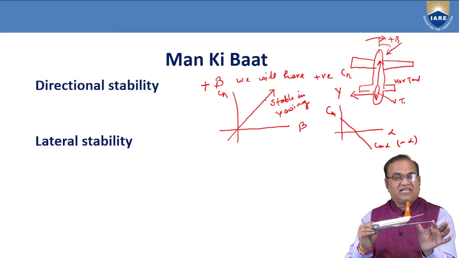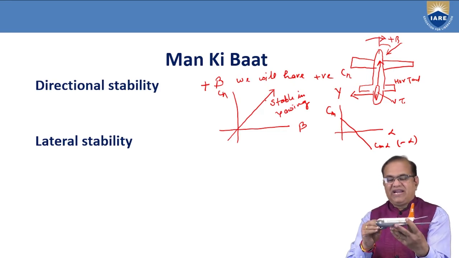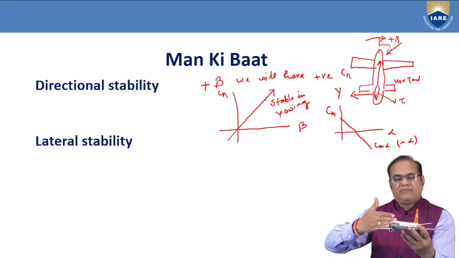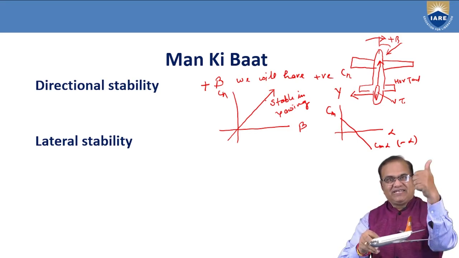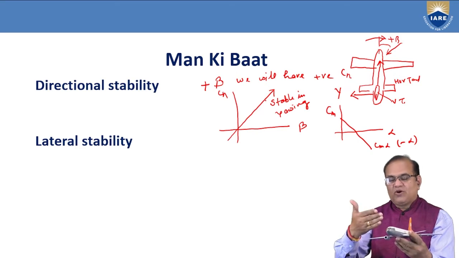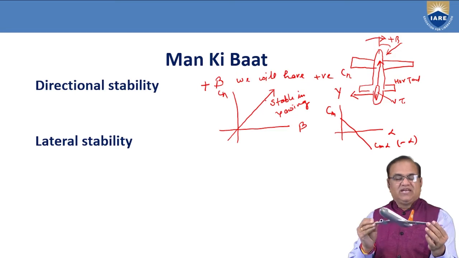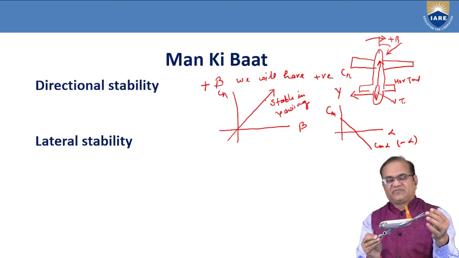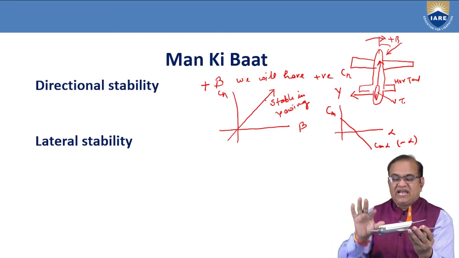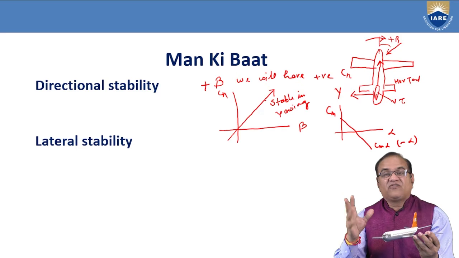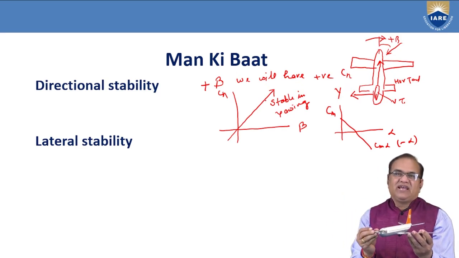So in the left wing, the aileron should go down like this, and here the aileron should go up. By going down, more lift force will be generated on this side, and going upward, less lift force will be generated on this side. A net force will be towards rolling like this. So this force into this distance and this force into this distance, and both ailerons are acting differentially. One will go up, another will go down. In this way, we are getting the rolling.